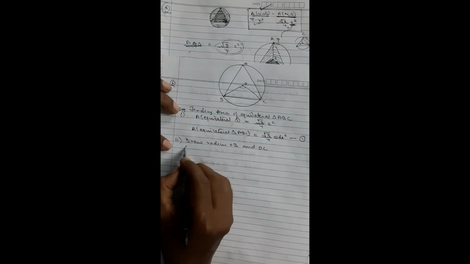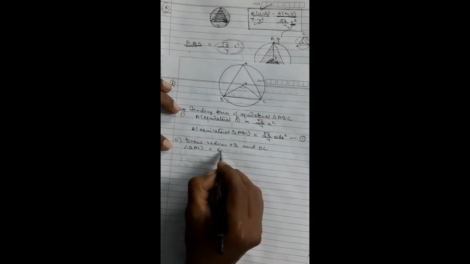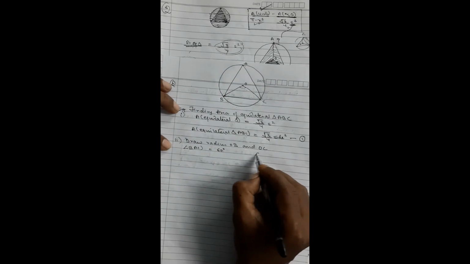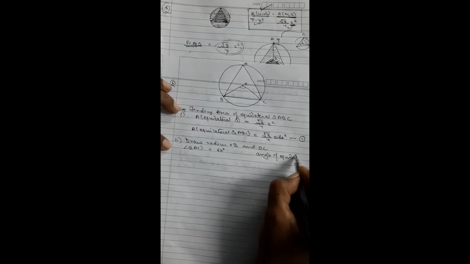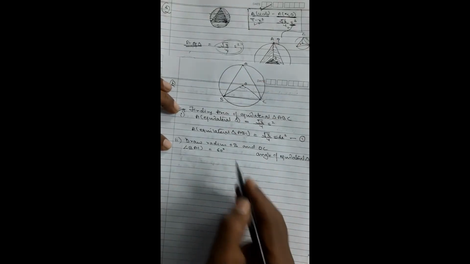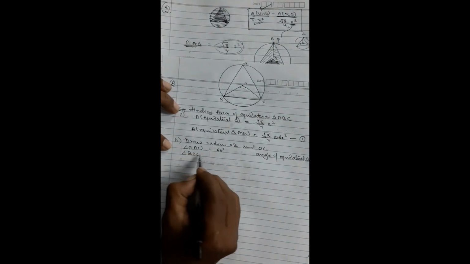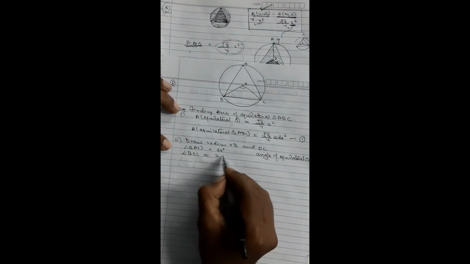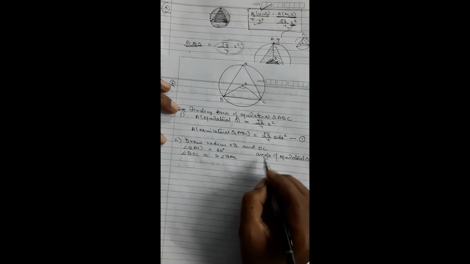We will say angle BAC is equal to 60 degrees because it is an angle of an equilateral triangle. Now this is related to this angle: angle BOC is equal to double of angle BAC. This is the inscribed angle theorem we can tell, or we can say that